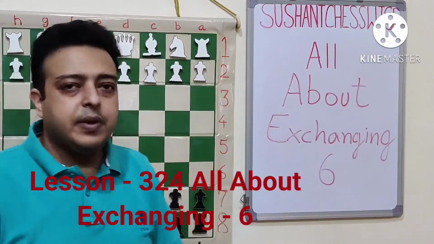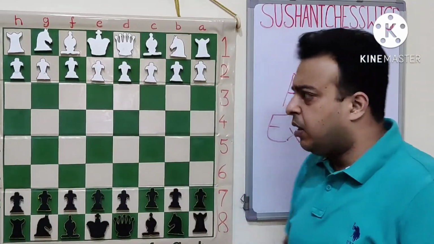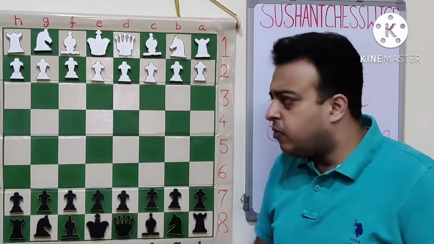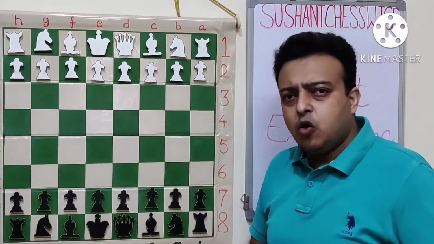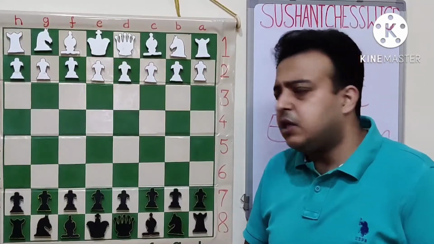Today we are at the next topic, that is all about exchanging. We are at the 6th position of our topic. We'll get to the position from the opening here. There are a lot of inaccuracies by white in the opening, so I will not go into detailed explanation of